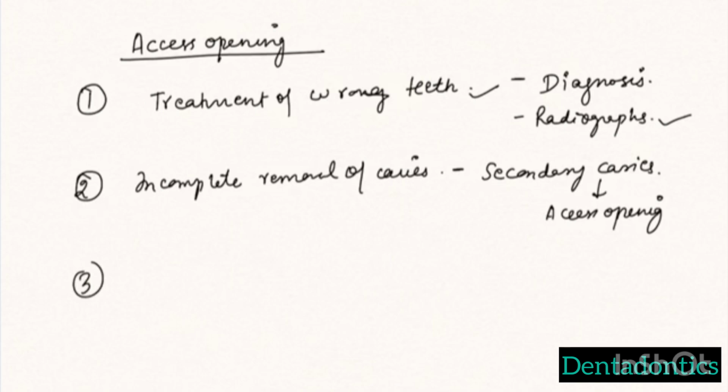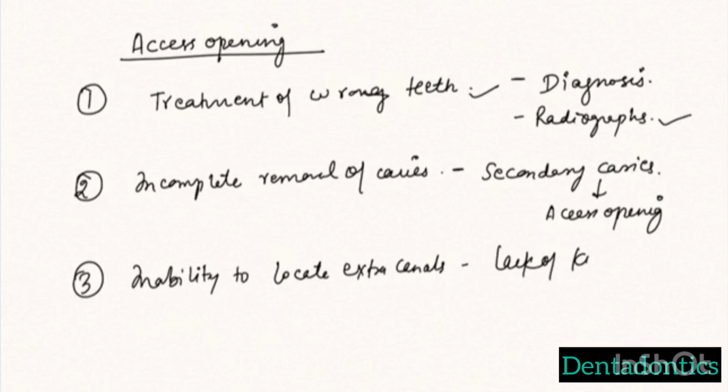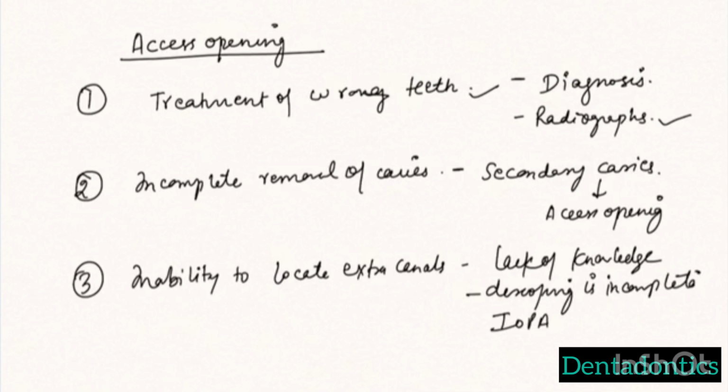Then third is inability to locate extra canals. If the clinician is not able to locate the MB2 canal or the extra canal because of lack of knowledge, or if the deroofing of the pulp chamber is incomplete, or if the deroofing is not proper, then this emergency can occur. So how to prevent it? Take the IOPA to locate the extra canal and always locate the extra canal with the DG16 explorer